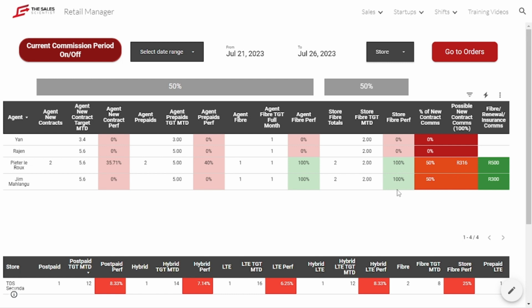And this guy, unfortunately, has not, he's getting this fiber on this side of the fence. So he does not have any new contract or prepaid orders, so he does not qualify for any new contract commissions, but he did have fiber sales. I don't know if he's got renewals or insurance sales as well, but those all count up on this side and they're all green because they don't fall under this criteria